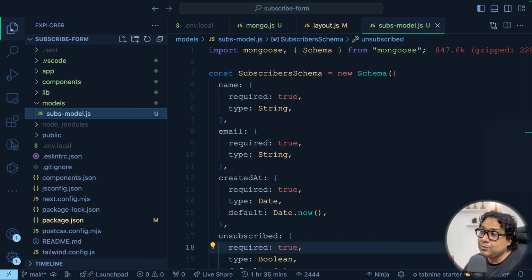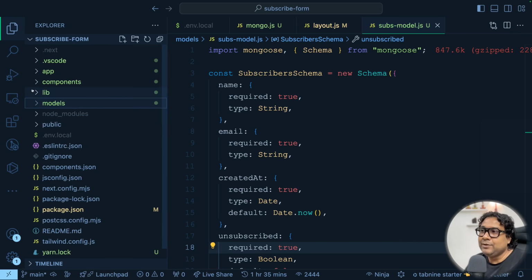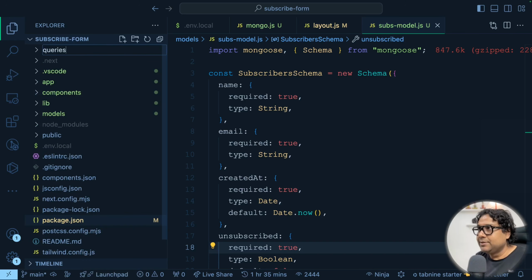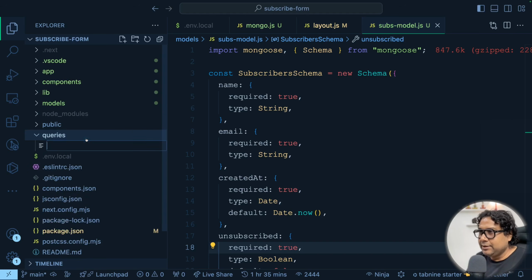But in future, if you want to take it along and want to add other functionality around subscription, you might want to add other MongoDB related queries and mutations in the same file. So it's always better that we create that file and keep it for you so that you can utilize it at a later point in time. So I'm going to create a new folder called queries. Inside queries, I'm going to create